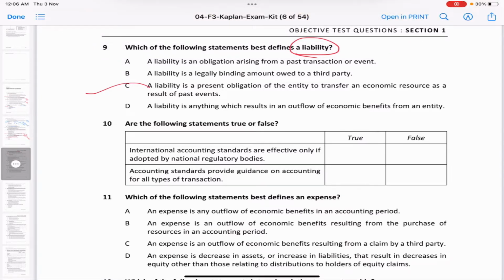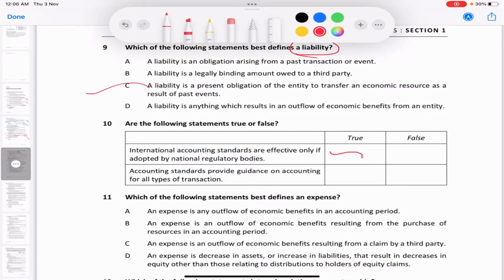Are the following statements true or false? International accounting standards are effective only if adopted by national regulatory bodies. Yeah, if the accounting standards are not regulated by every country's national bodies, then there's no use, right? Accounting standards provide guidance on accounting for all types of transactions. For all types of transactions, that is not true, because sometimes there might be transactions which do not involve accounts,